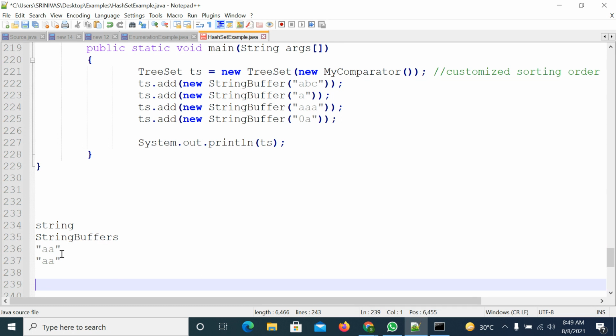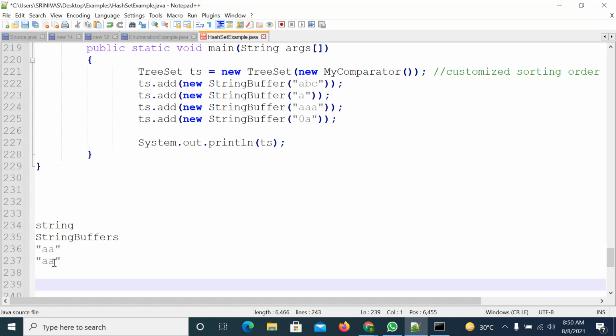You need to sort the data in alphabetical order. Suppose this is AB and this is AA, both have two characters, then based on the length we need to sort it. Suppose we are inserting String and StringBuffer objects into a TreeSet in increasing length order. So based on the length you insert the data, and if two strings have the same length, then you arrange the data in sorted order. I hope you are getting the point.